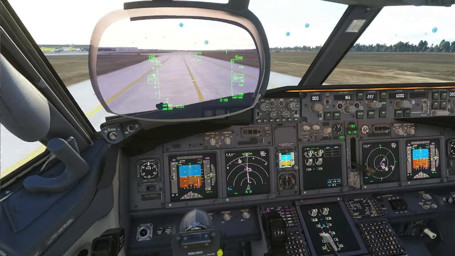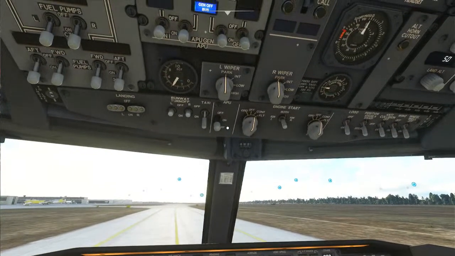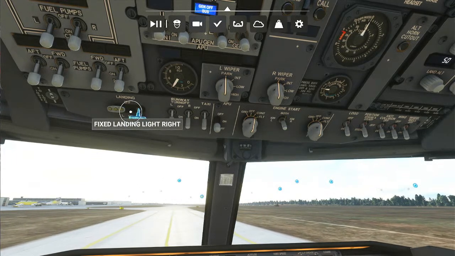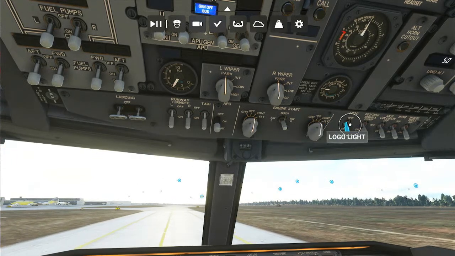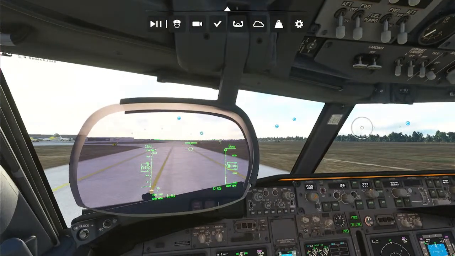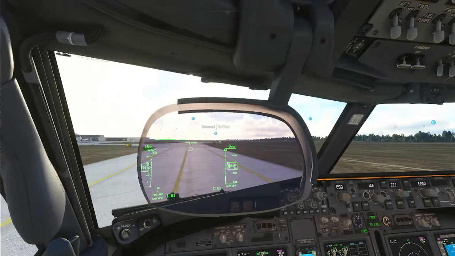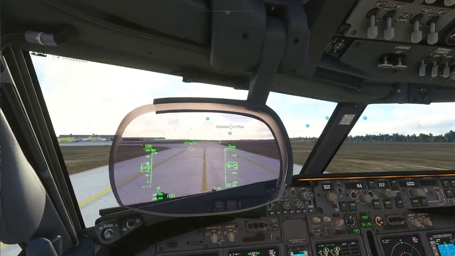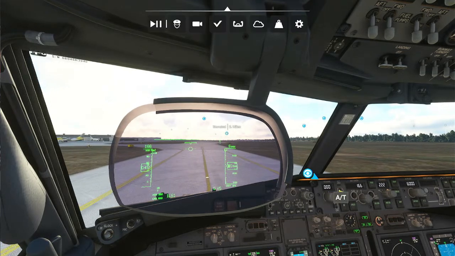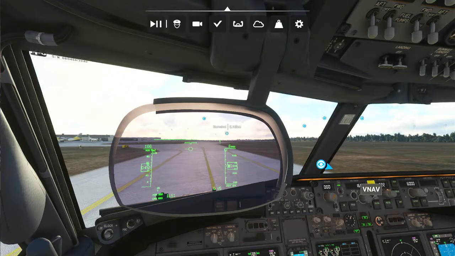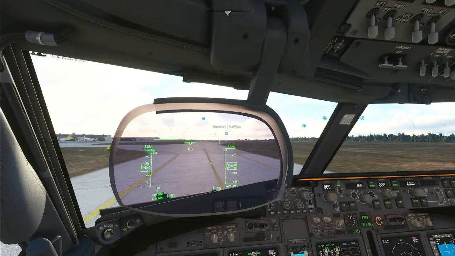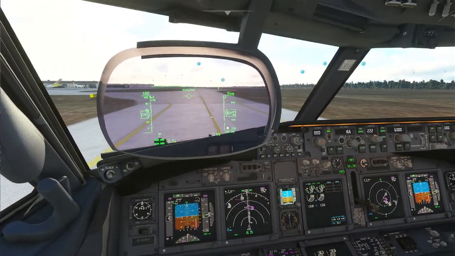Alright, well, we never did stop to turn on our landing lights and all that stuff, so let's just do all that now. Usually we stop, but we didn't this time. Alright, let's get lined back up again. Let's activate that, turn on VNAV, turn on LNAV, and